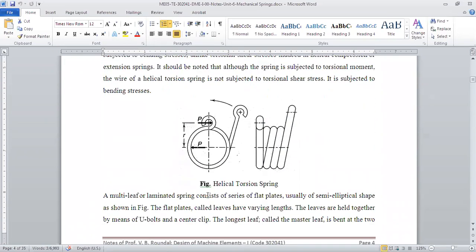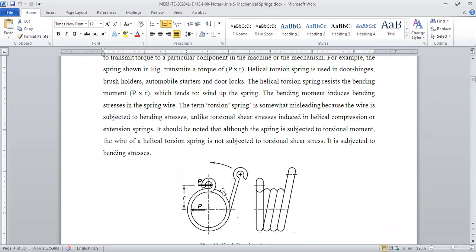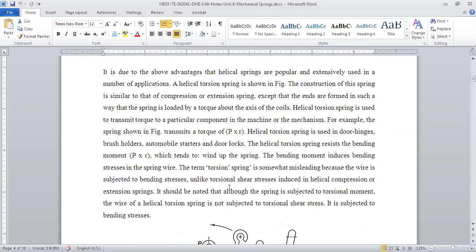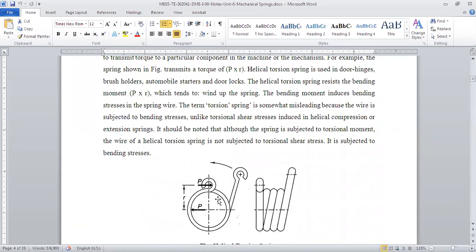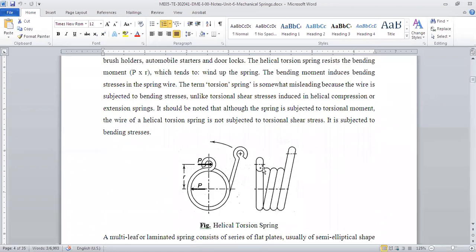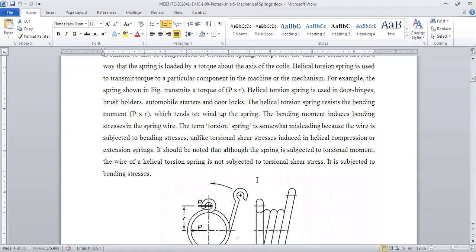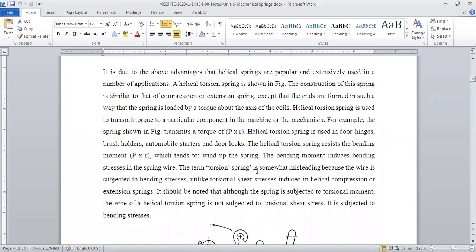We'll talk a little bit about this now. This is a torsion spring, and what does that mean? The name of the spring is torsional spring because with the twist of the spring you are energizing it, or putting energy in it, and when you remove the load, it will try to untwist and go back to its original position. In the diagram I have shown you the example, a kind of hook or clip. These kinds of springs are used in hinges, right? Here, the load is not a torsional stress, right?